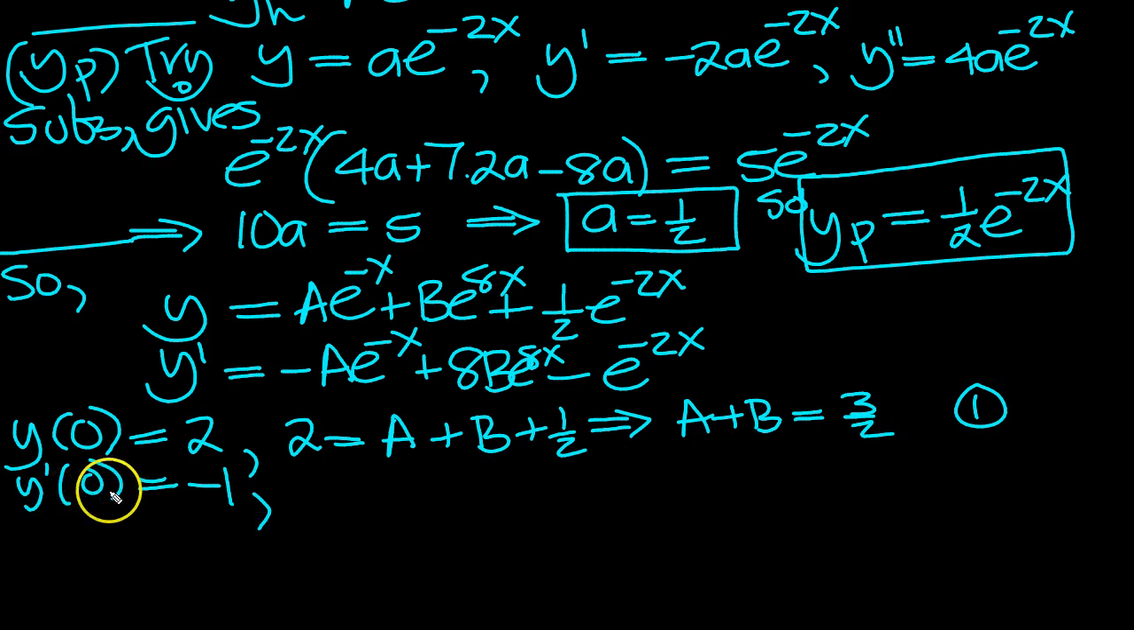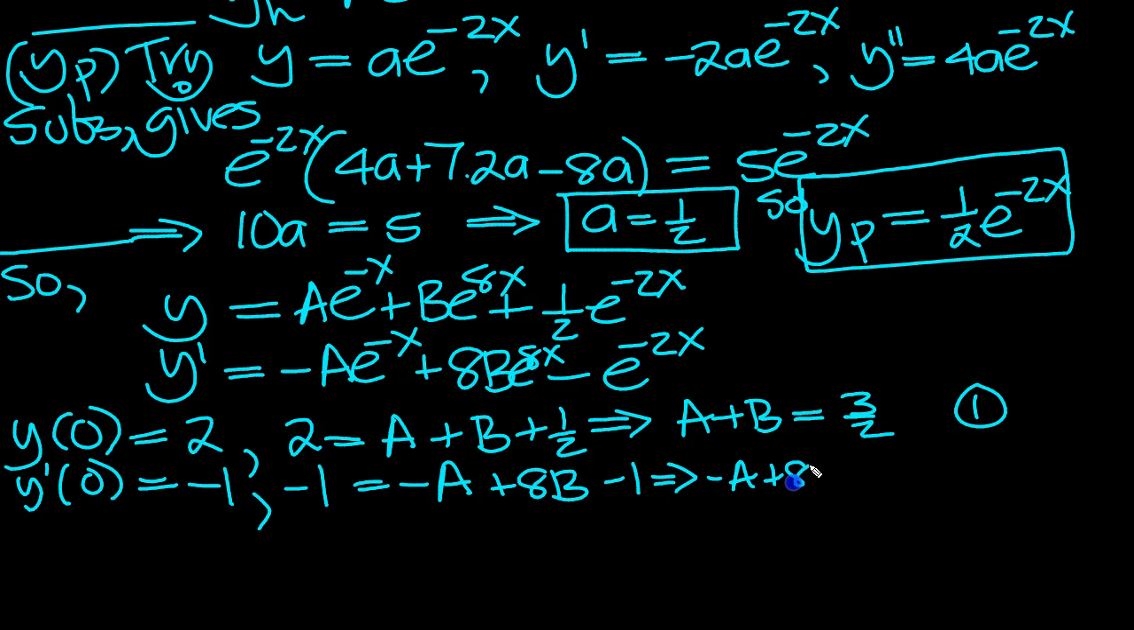The next initial condition, y dash 0 is minus 1. Input it in here. So y dashed is minus 1 when x is 0. So we get minus a plus 8b, e to the 0 is 1, minus e to the 0, so that's minus 1. So what is that then? So that tells us, let's leave the minus a where it is. Minus a plus 8b is equal to, and move that minus 1 over to be with the plus, the minus 1 over there. So we get a 0. That's 2. Add them. It's the easiest thing to do. So 1 plus 2